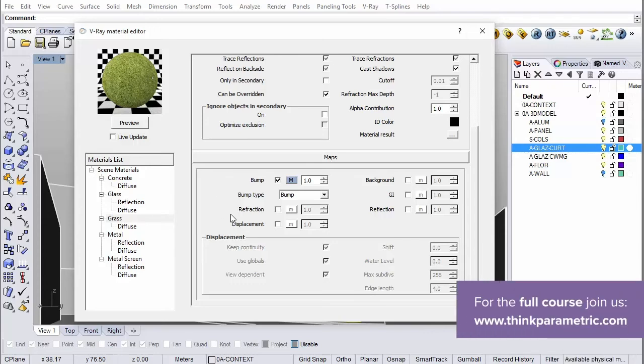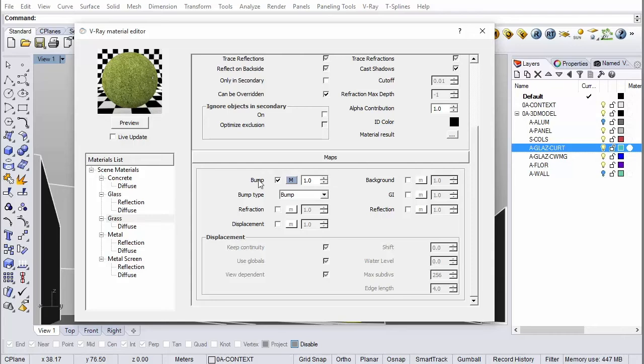Now we're going to explain that difference in another video, but just so you guys know that there is that option. And here, since the grass isn't going to be looked at too closely, we're just going to add a bump, and we're going to just bump that up to 1.